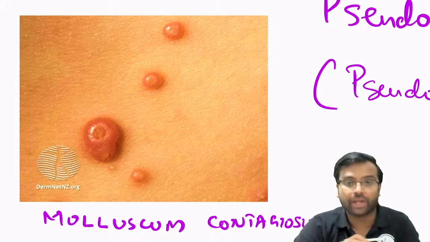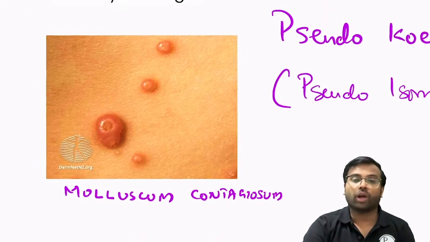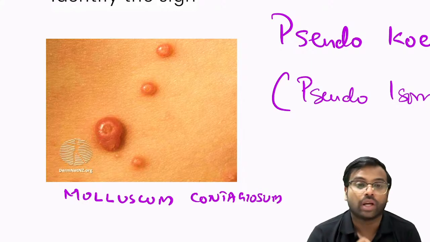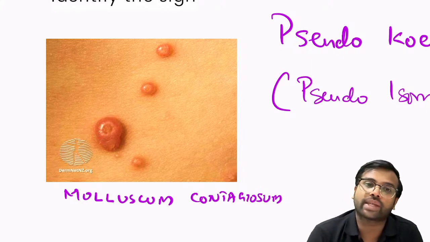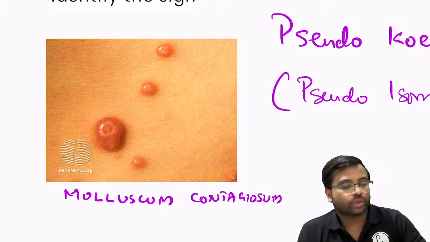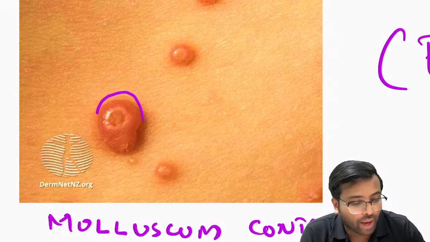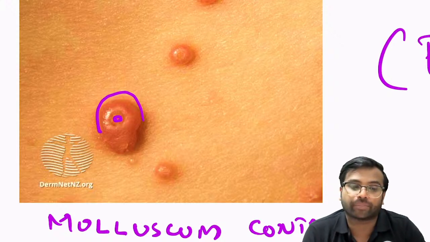Now, what is happening in molluscum contagiosum? Molluscum contagiosum, very good, Kalai. So this is molluscum contagiosum. Why do you say this is molluscum contagiosum? Because if I zoom this image, whenever you find a small papular lesion along with a central umbilication,